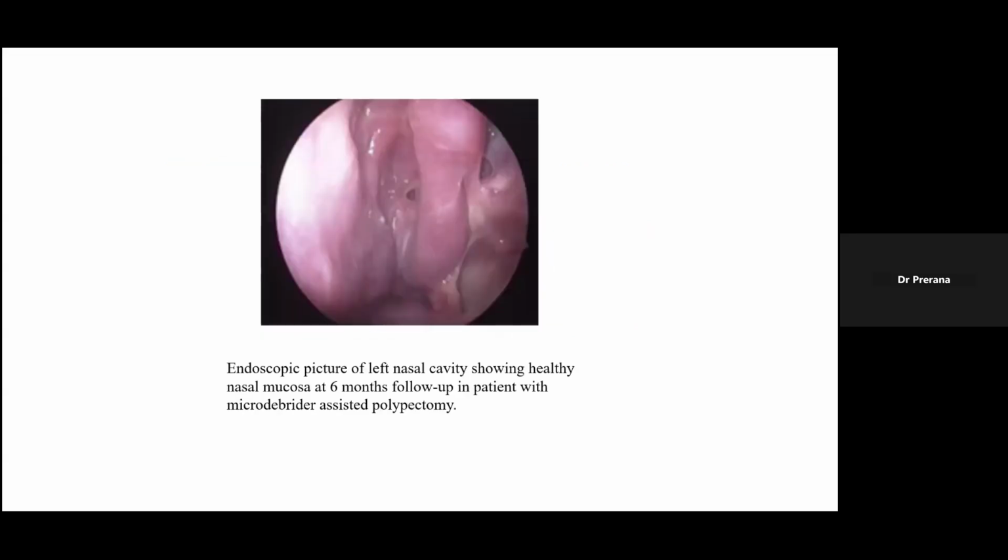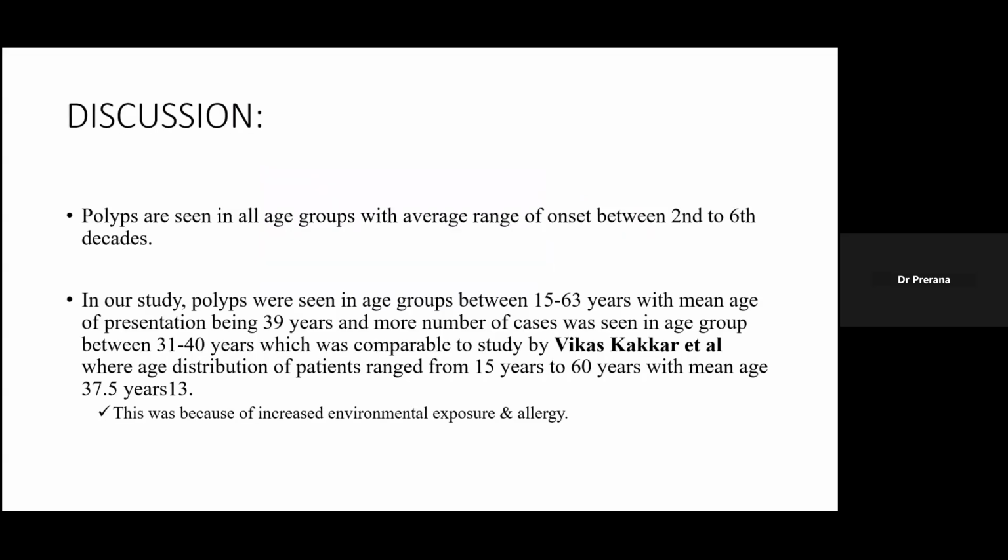So this is the endoscopic picture of the left nasal cavity showing healthy nasal mucosa at 6 months follow-up with use of microdebrider assisted polypectomy. Coming to the discussion part, polyps are seen in almost all age groups with average range of onset 8 to 6 decades. In our study, the polyps were seen in age groups between 15 and 63, with the mean age of presentation being 39 years. And there were more number of cases seen in the age group between 31 to 40,